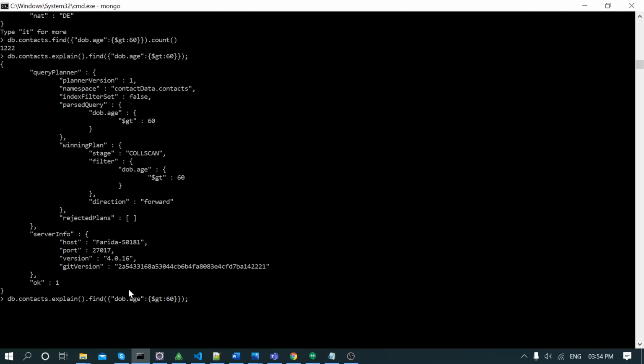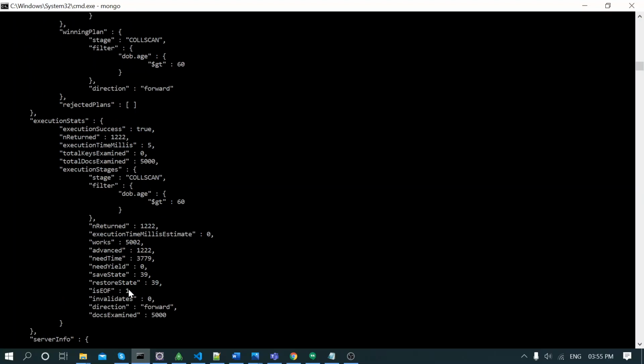Now to see the execution stats, here you can type executionStats. Now see, in my collection a total of 5000 documents are there.